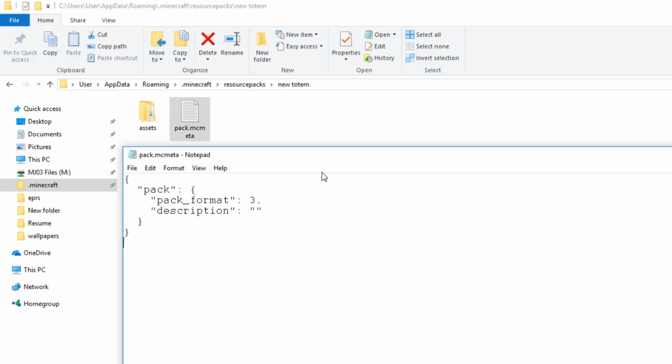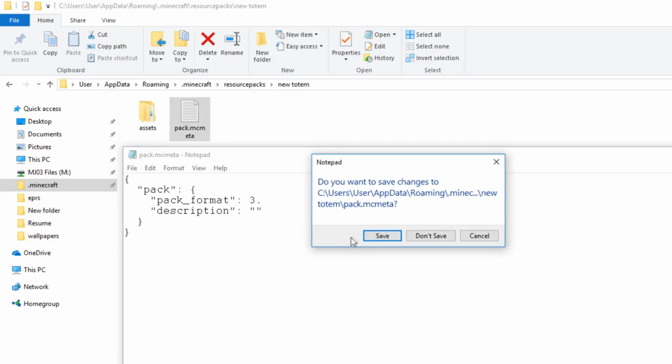So before Minecraft can read the items that are in the folder, you have to create this structure within this pack.mcmeta. So go ahead and copy what I've created in here, because this is all you need for the basic structure for Minecraft to recognize it. And I'll give you a couple seconds to copy that off the screen, or you can pause as you want. Once you have all that written in there, go ahead and close it out and save it.